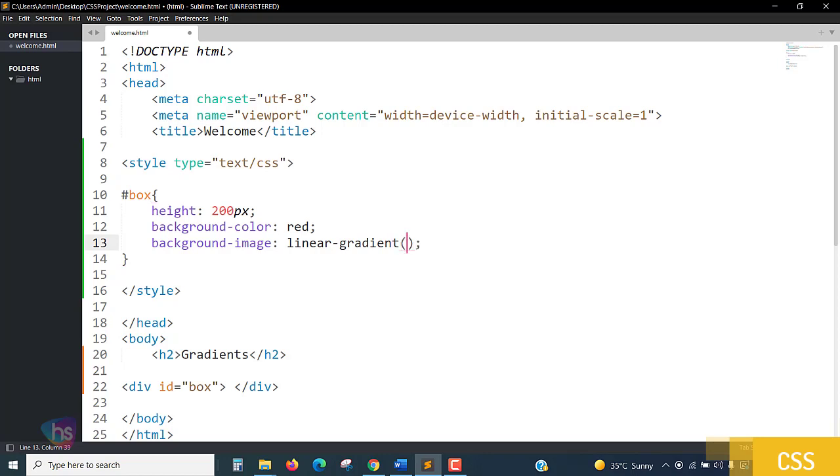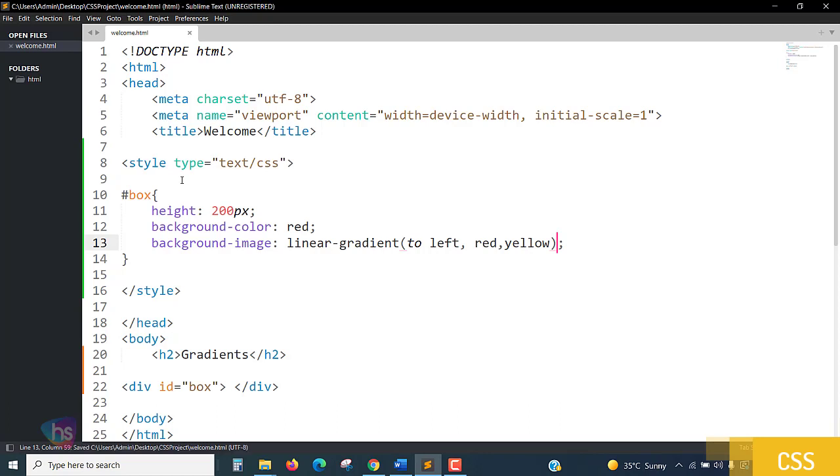We can specify to left, comma, red, comma, yellow. This is the standard syntax,